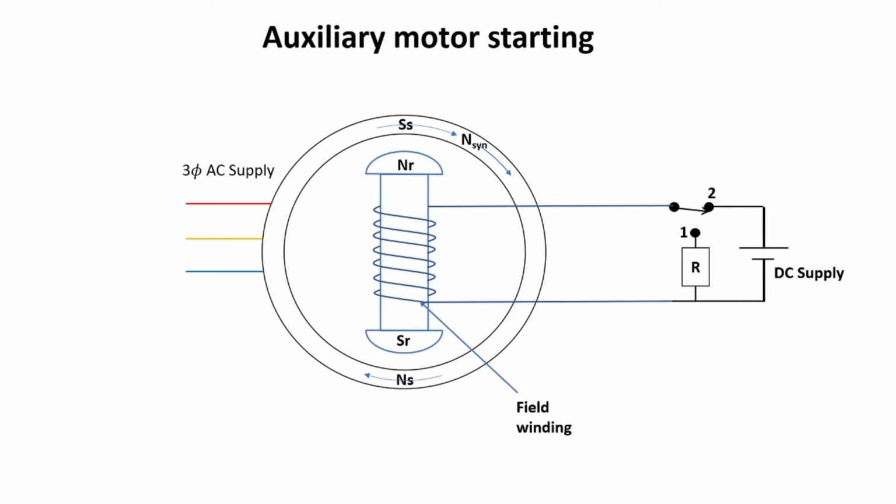If the synchronous motor is coupled with a DC machine, the DC machine is first run as a DC motor. The synchronous machine now operates as a synchronous generator and it is synchronized with the three-phase supply system in the usual manner. If the DC motor is now switched off, the main motor starts running as a synchronous motor.